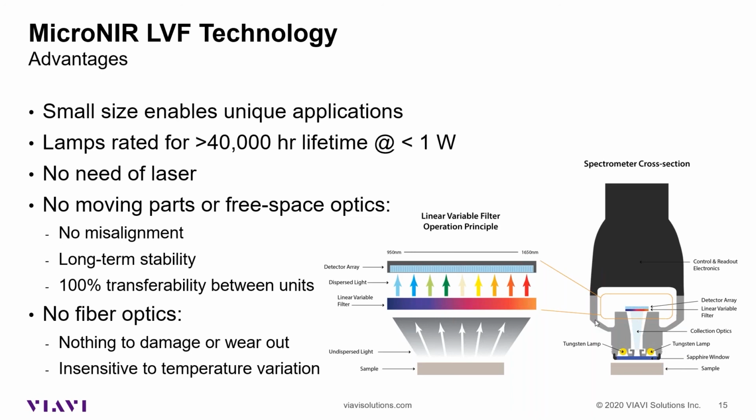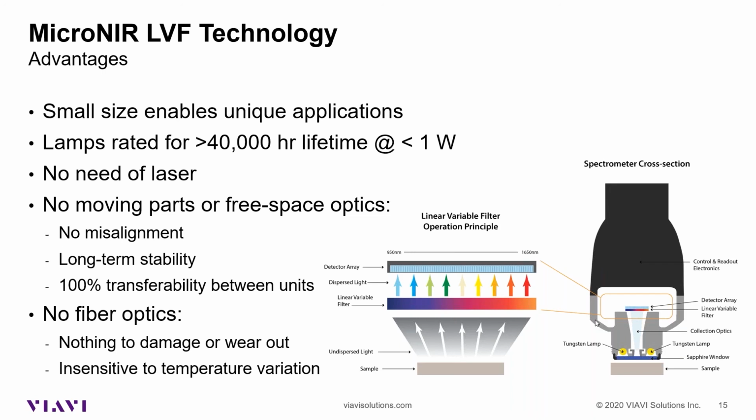We are talking about more than 20,000 to 1, actually around 25,000 to 1. This enables us to move from a traditional NIR optical bench to an NIR sensor. On top of this, we have no moving part. So no moving part means that we have no possibility to disalign, long-term stability, 100% transferability between the units, and also that there are no fiber optic, so nothing that can be damaged or wear out, and is almost insensible